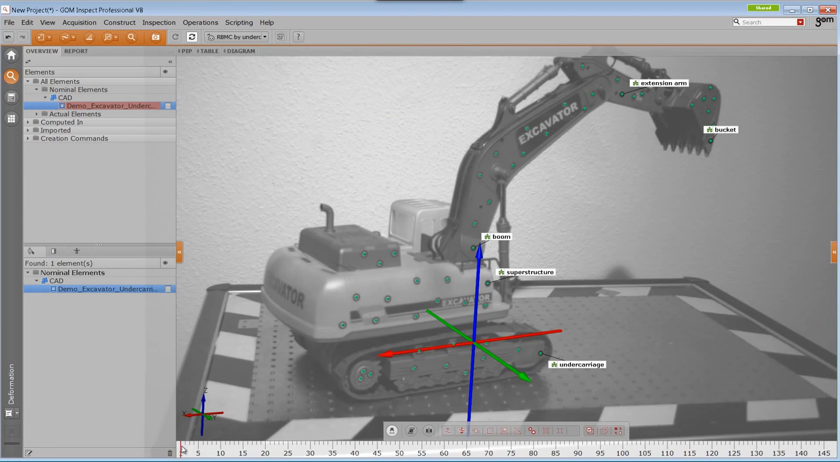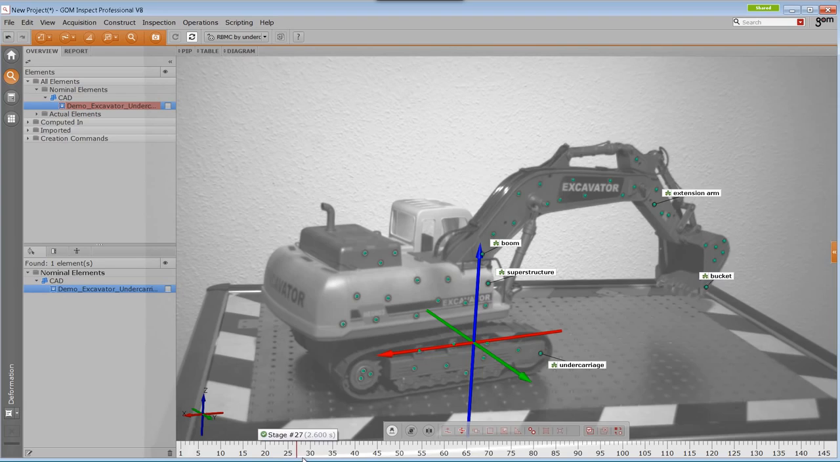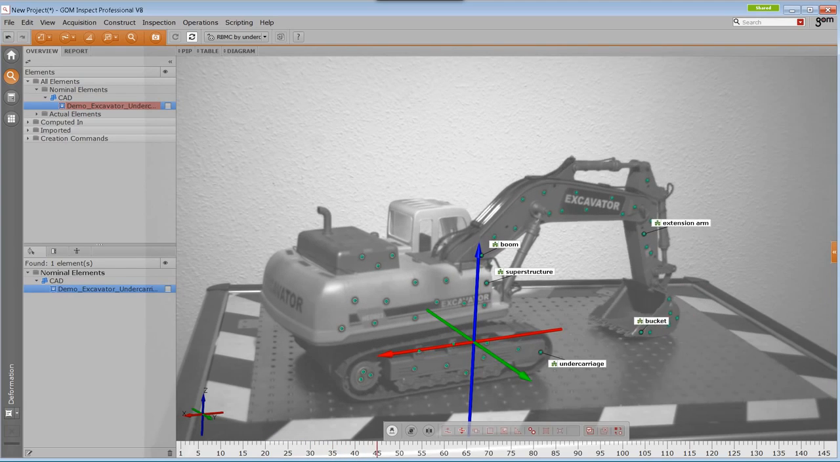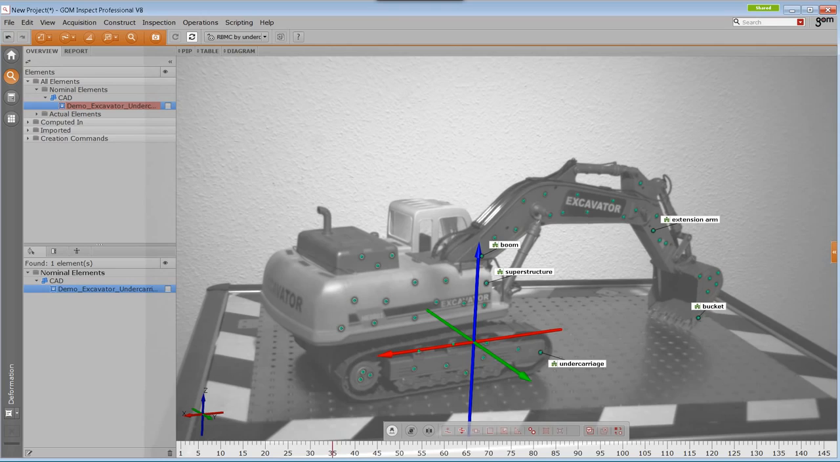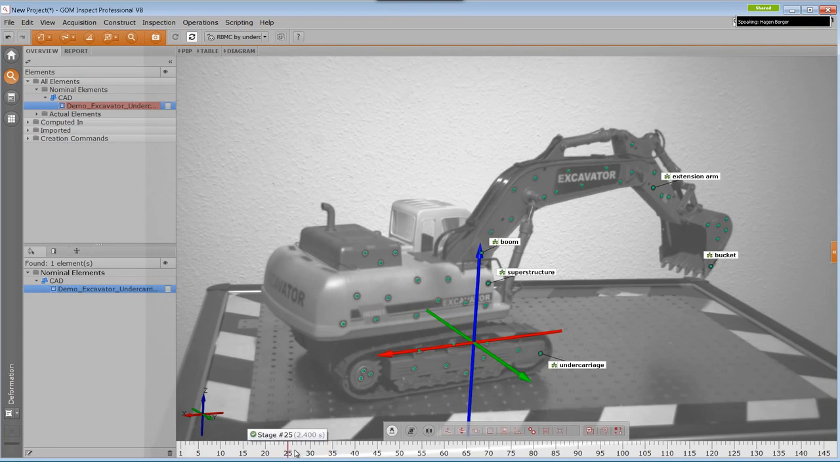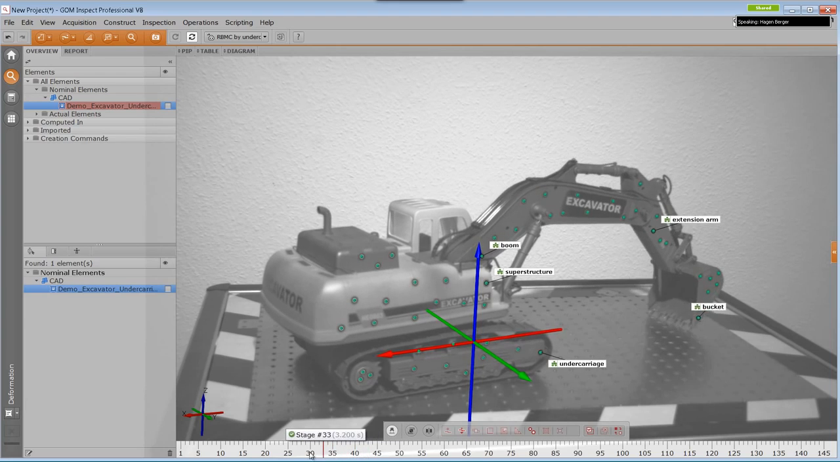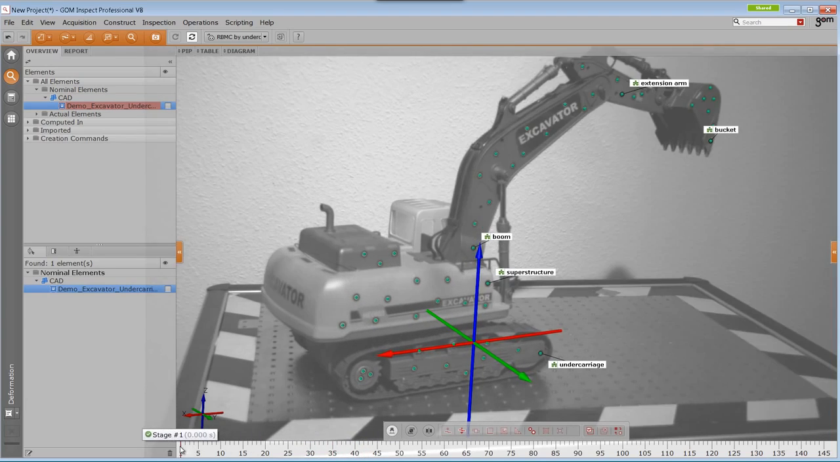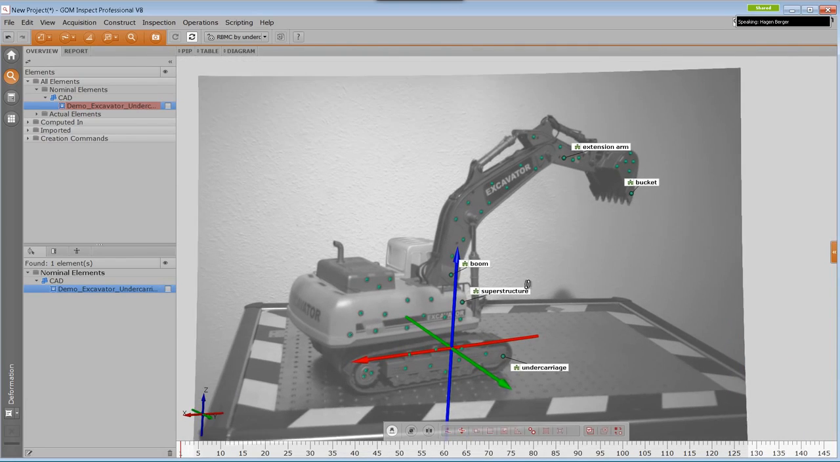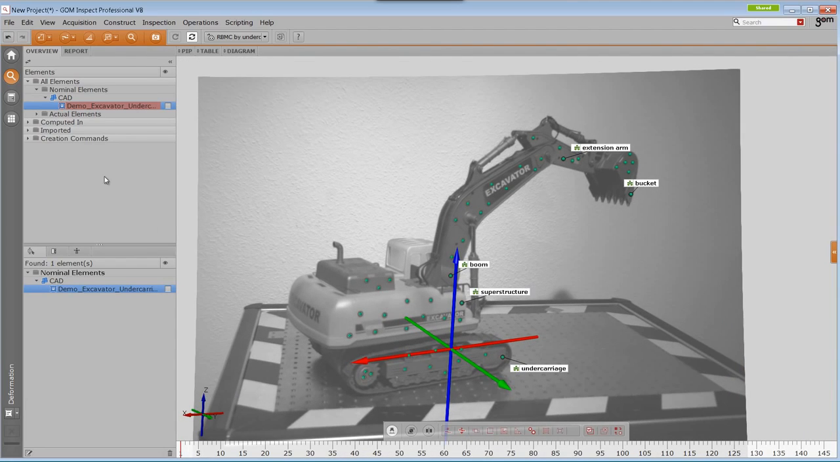What we see now, if I flip through the stages, you can see that the global coordinate system is now moving a little bit. You can see this quite nicely here during the digging process. If you take a closer look at that line over here, if I flip through the stages, you can nicely see that the global coordinate system is now moving a little bit. To make this a little bit clearer for you, what rigid body motion compensation really means,